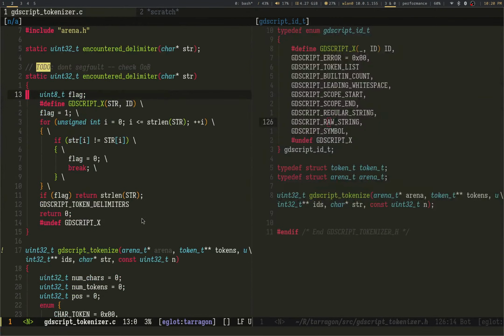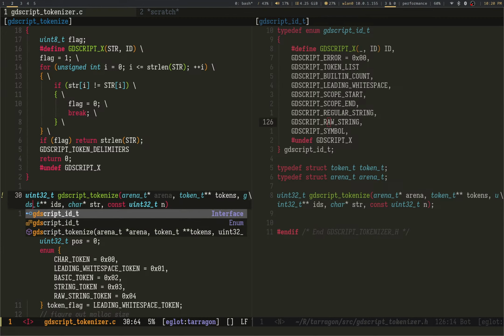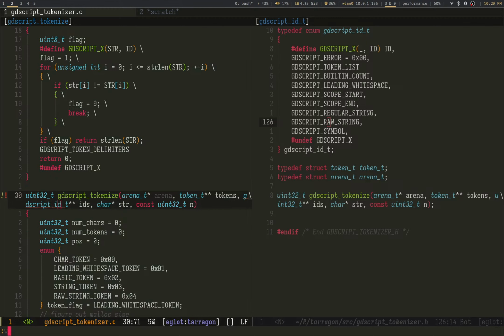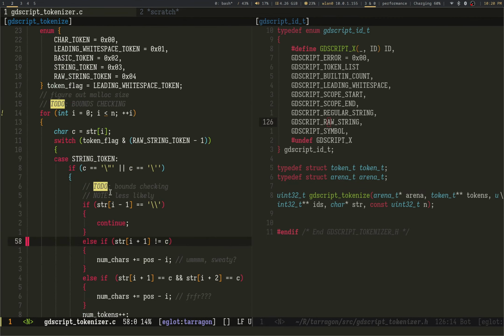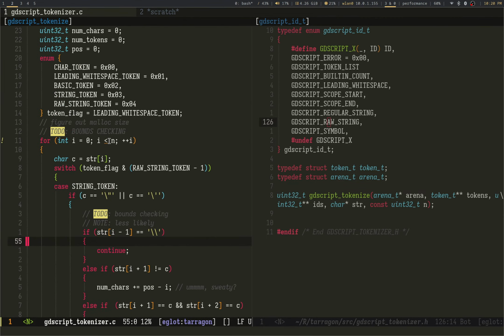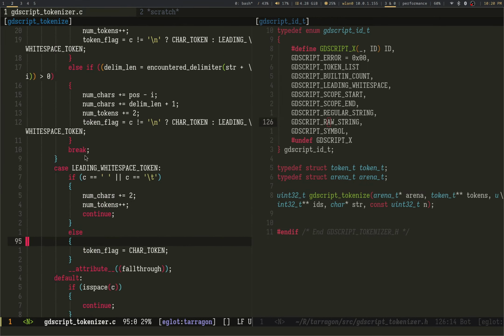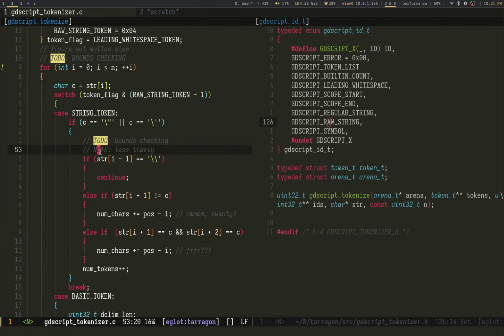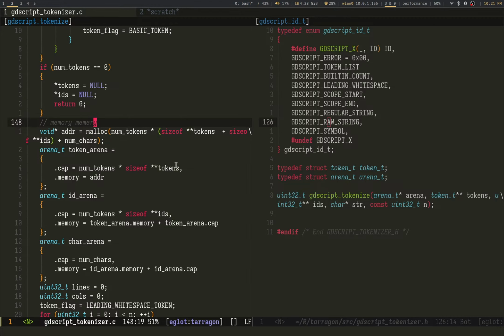Since I don't know, I'm actually going to do either case GDScript IDT. There we go. I'm going to do it like that. Because either case, if it's 4 bytes or 1 byte, I'm still happy with my memory, because token is the biggest one, the biggest struct.